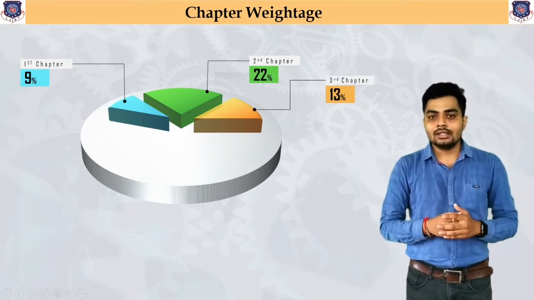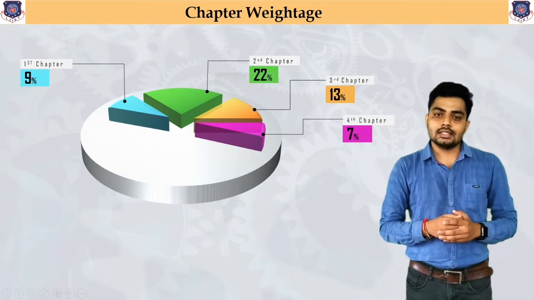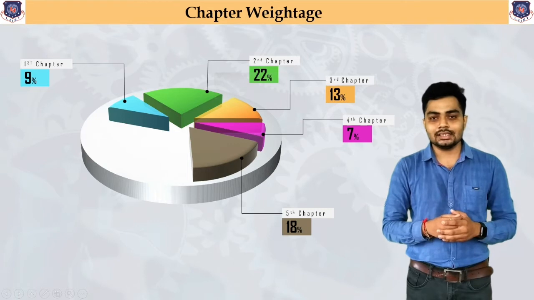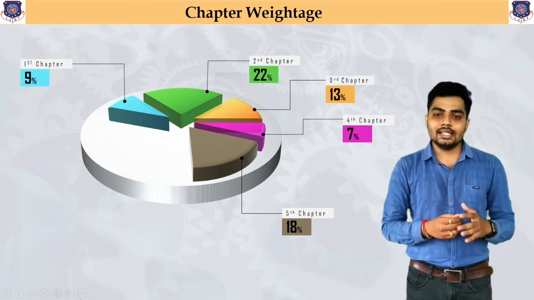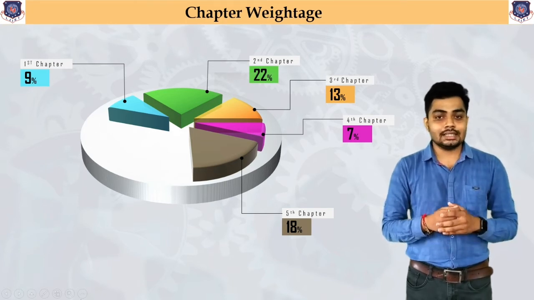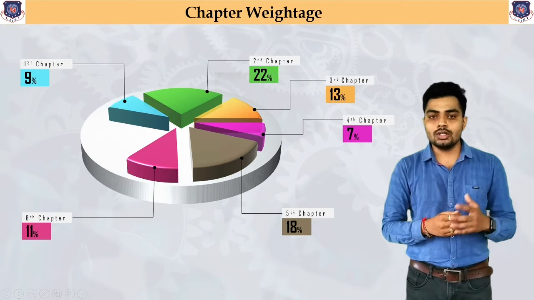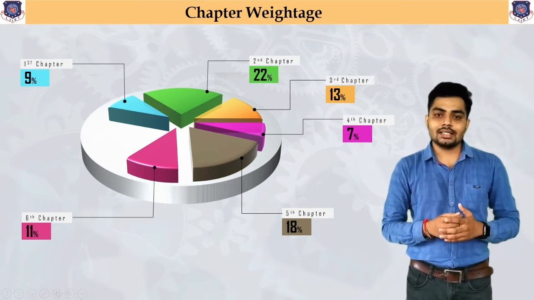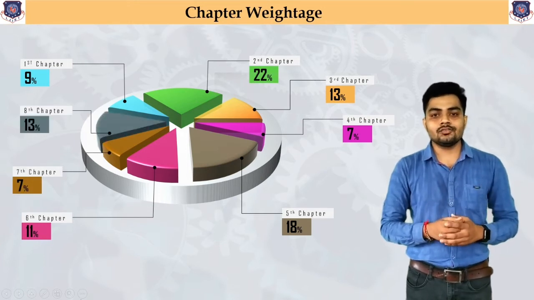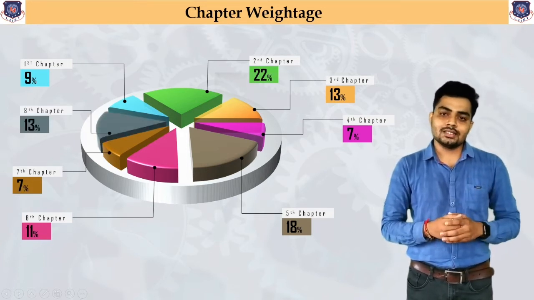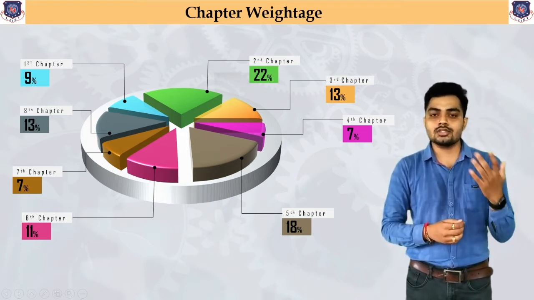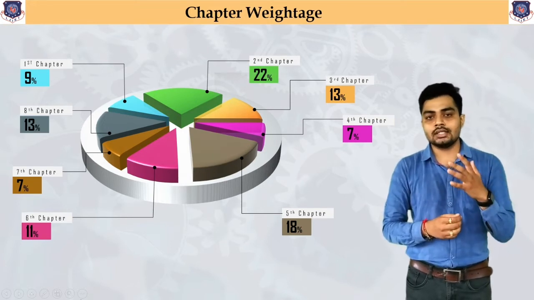Now the fourth chapter consists of 7%. Next, the fifth chapter, the milling machine, is the second highest percentage content point, 18%, and it is also most important from an exam point of view. The sixth chapter consists of 11% of the overall syllabus. The seventh chapter consists of 7%, and the last, eighth chapter, the grinding machine, consists of 13% of the overall syllabus. That is how the overall 100% is covered in this subject, which you are going to study in our further topics.